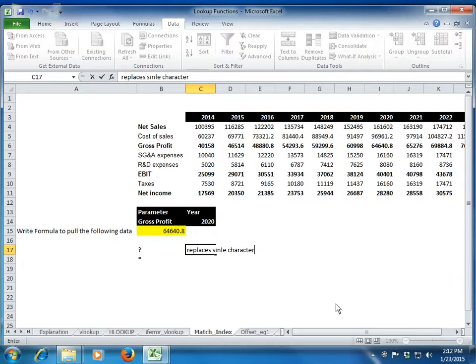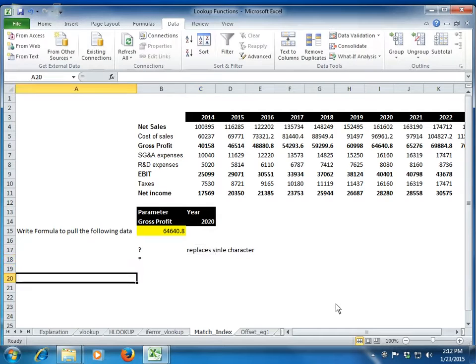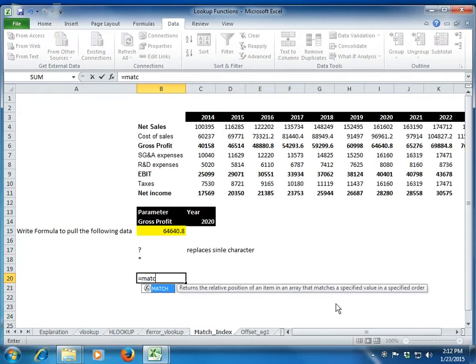Now what does this mean? Let's say I want to use a match function, and I want to pull my net income. When we are trying to pull the net income, someone will use a space between net and income, someone will not use the space. Someone might write inc dot, or someone might write the entire full form of income, right? So these are certain spelling errors which may not be consistent, and you're not sure what spelling we have used, right? I can of course go and manually check if it's a small table, but if the table is huge, I don't want to make so much effort.